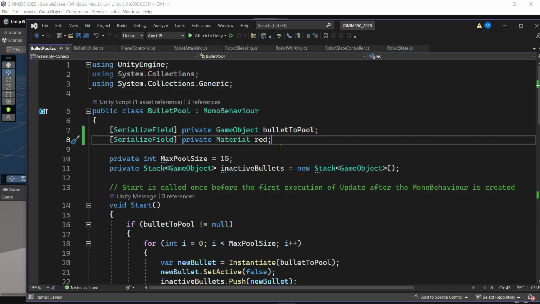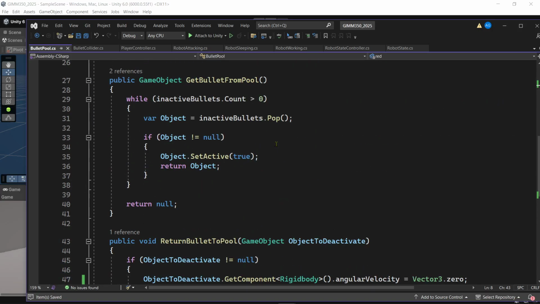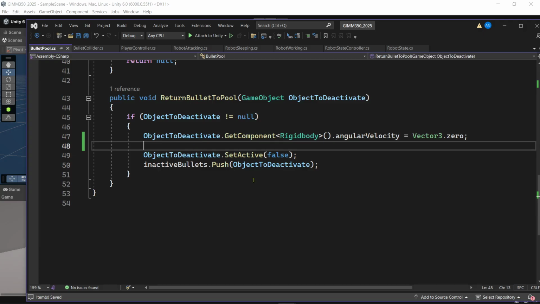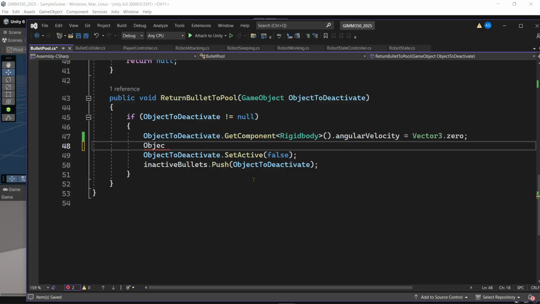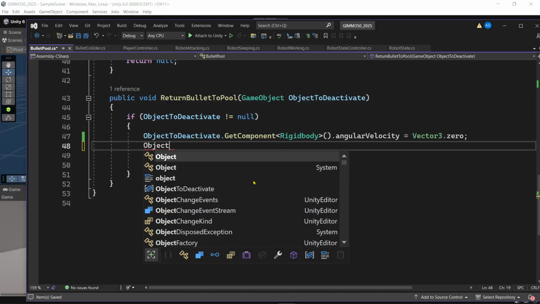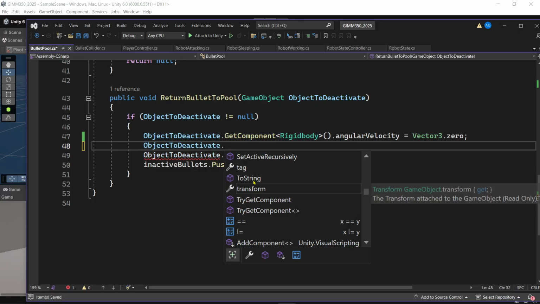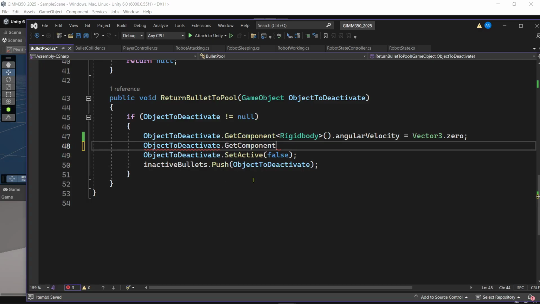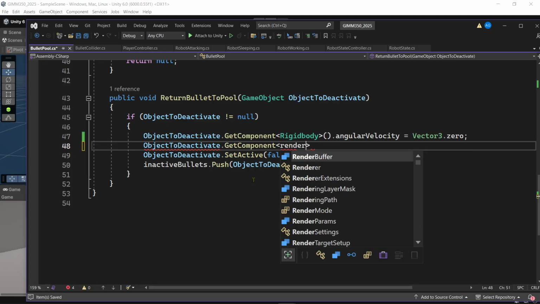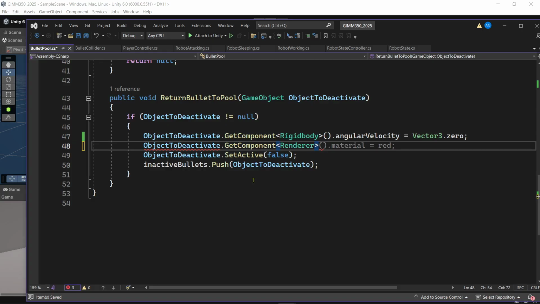And so when it comes back, we're going to make sure that the object to deactivate dot get component renderer dot material is red. We're going to make sure that we set it back to red,